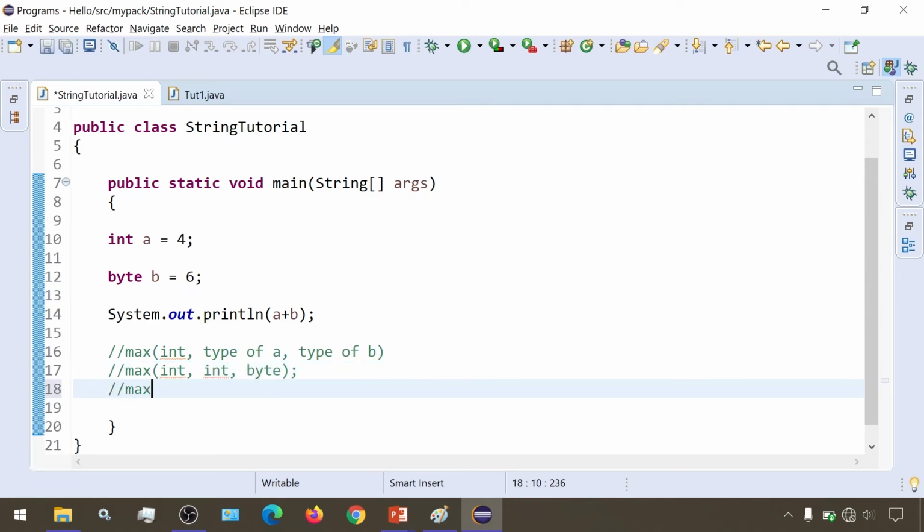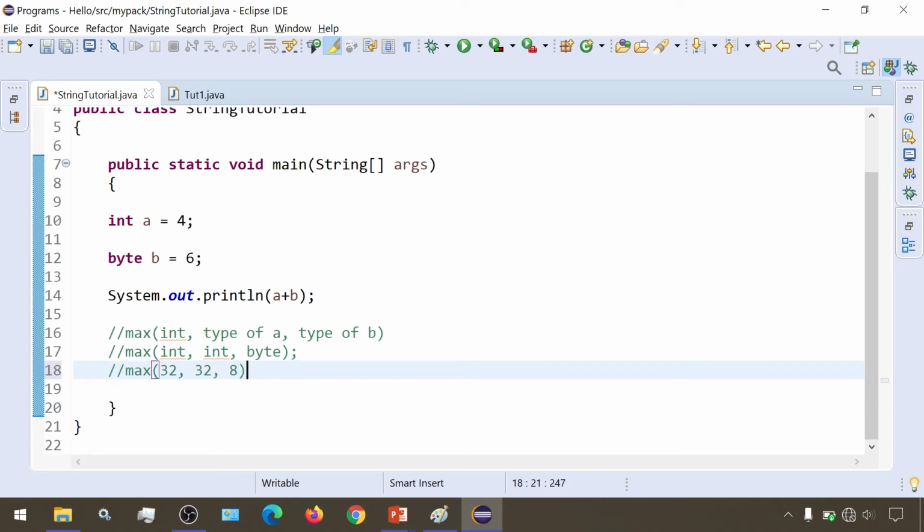Int is 32, here also int is 32, and byte is 8. The max here is obviously 32, that means it will be int. So the type of this will be int.